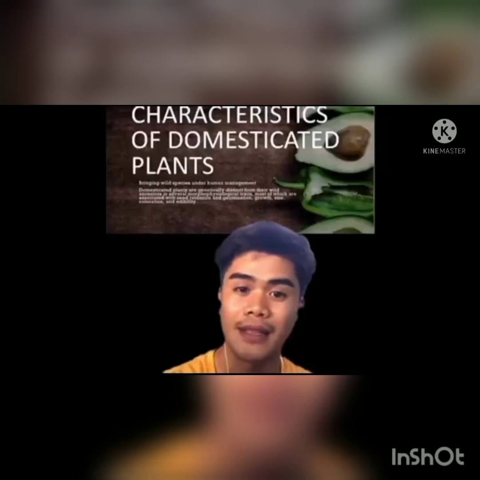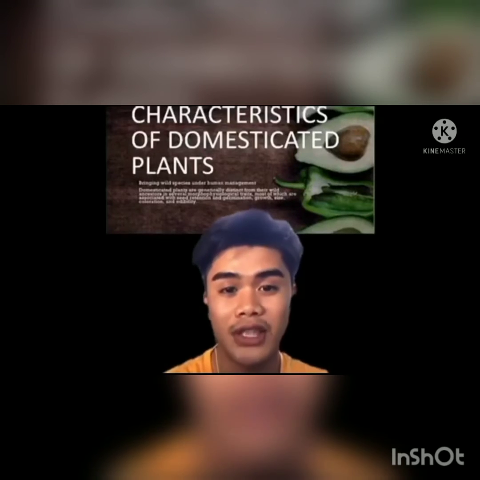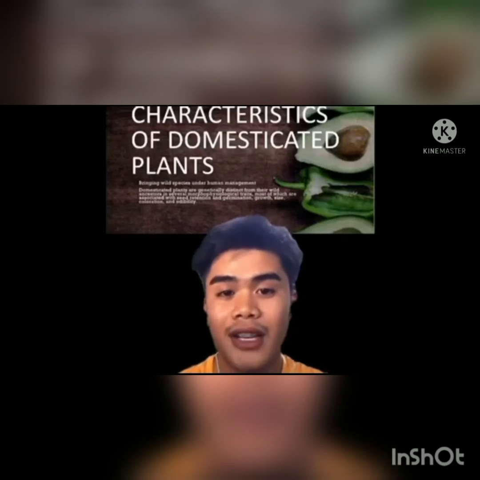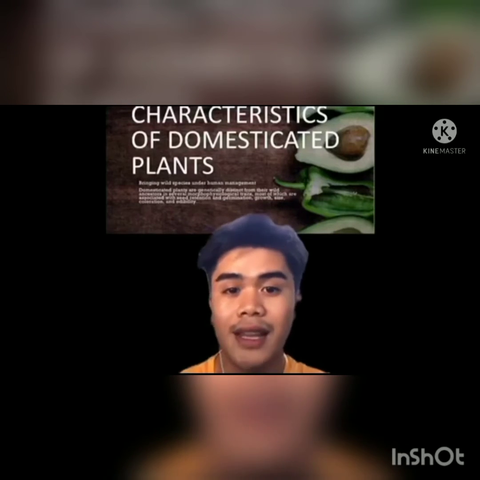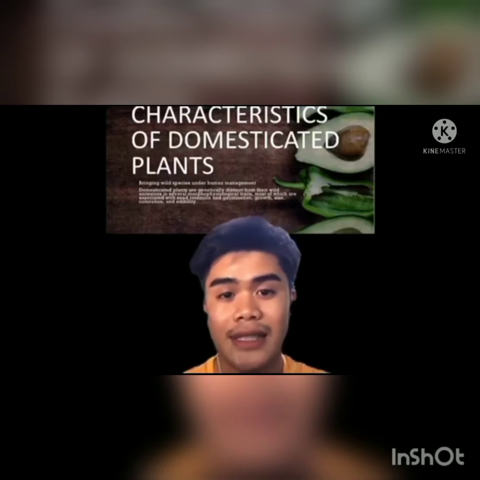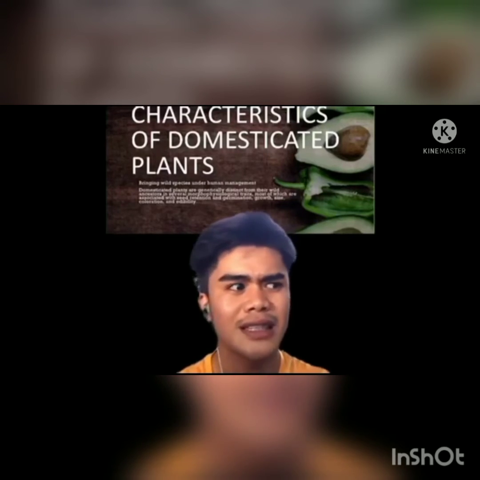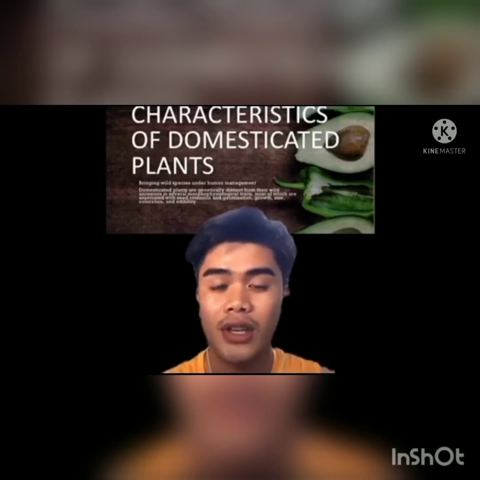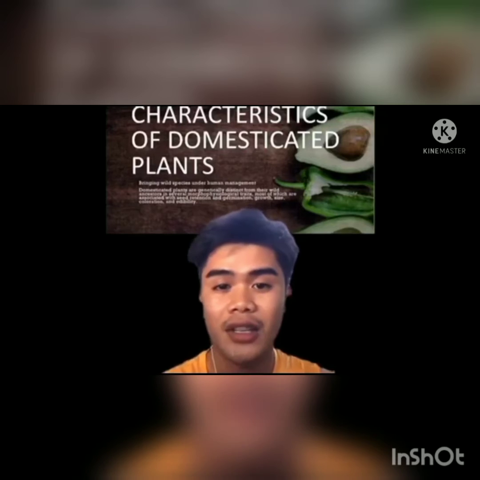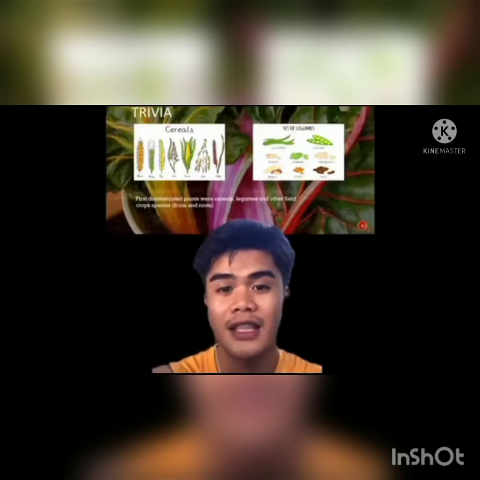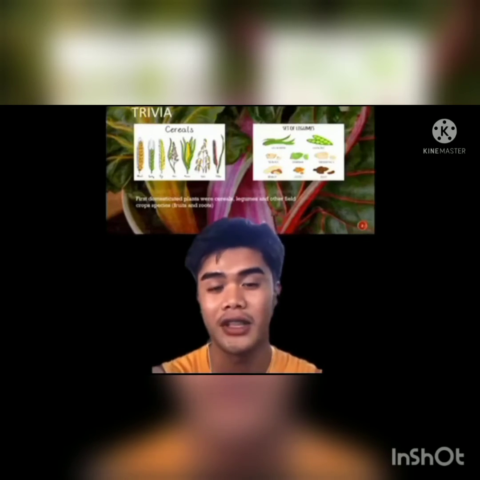Characteristics of domesticated plants. Domestication means wild species under human management. Characteristics of domesticated plants are genetically distinct from their wild ancestors in several morphological traits, most of which are associated with seed retention. This is common in fruits that are seedless. That's an example. In germination, they vary in growth, size, coloration, and edibility, if it's edible or not, and in other types of behavior. The first domesticated plants were cereals, legumes, and other field crop species like fruits.